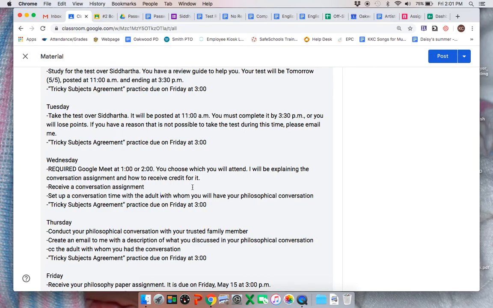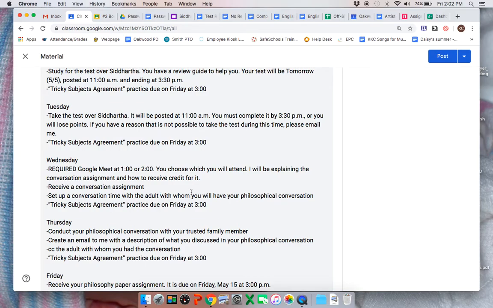And the reason I'm doing that is to kind of prime the pump, so to speak. That's a metaphor for getting you ready to write your philosophical paper. That doesn't mean you're going to agree with that person, but it means that you've heard someone who has thought through these things. It's important you do that. So that's the conversation assignment.